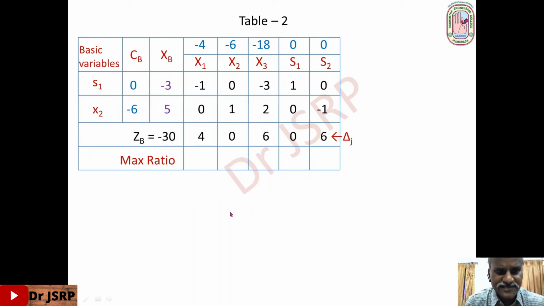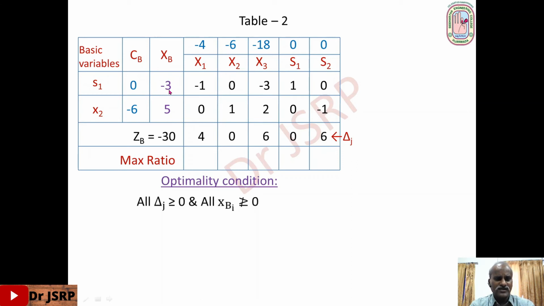Okay. Right. We get the new basic solution. Now verify the optimality condition, whether this is optimal solution or not. Again, still observe here delta J values, all delta J greater than or equal to 0. So this dual simplex method can be applied. So you have to keep in mind all these values should be greater than or equal to 0. Okay. Right. Verify the optimality condition. All XBI not greater than or equal to 0. One of the XBI is negative. So all XBI not greater than or equal to 0. So optimal condition is not satisfied.